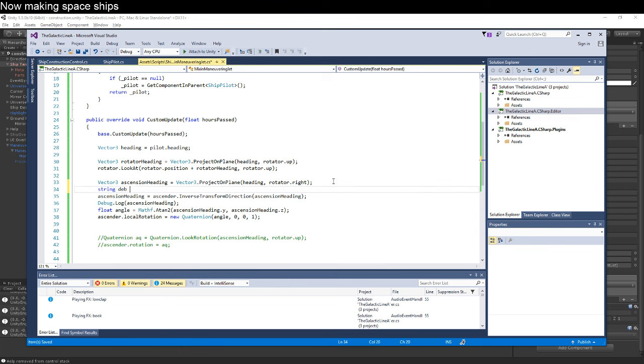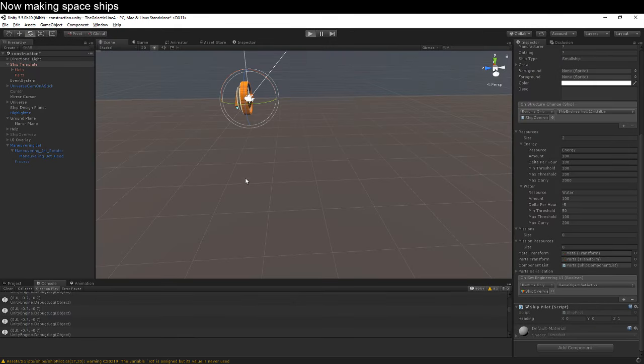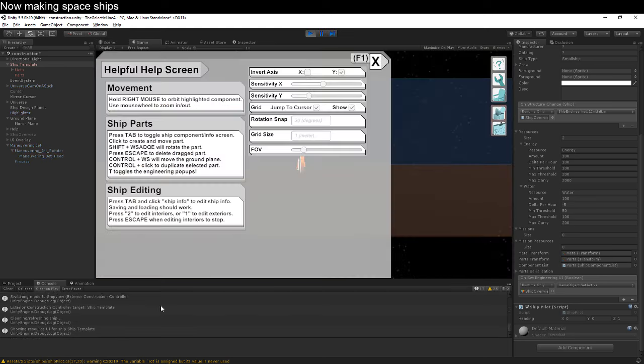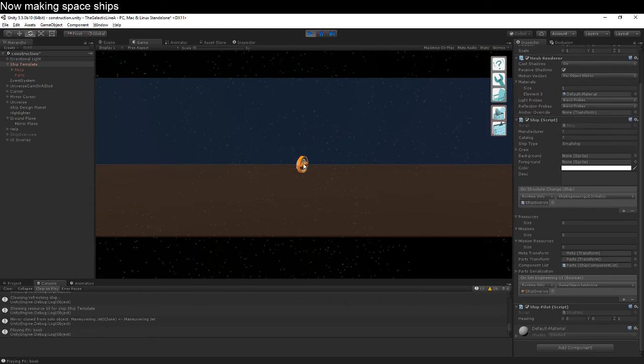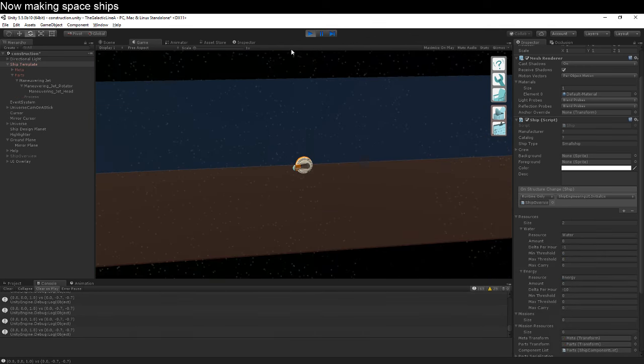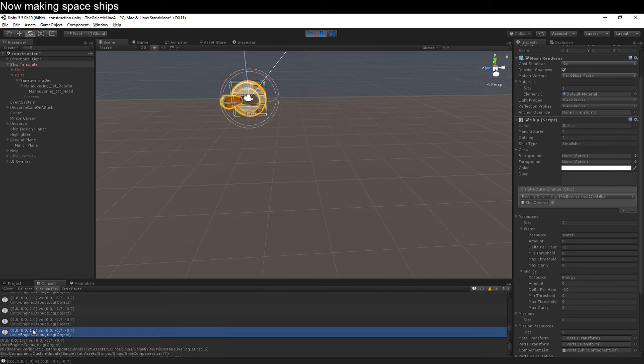So string debug equals ascensionHeading.ToString, Debug.Log, debug plus verse. Okay, there we are. So what we would like is to know why this isn't giving us the values we want, and we're going to do that simply by looking at the debug values. Now, because we are supposed to be going at just the z-axis, our debug values should be, yeah, see, 1. For some reason,